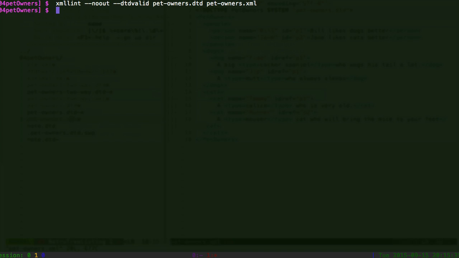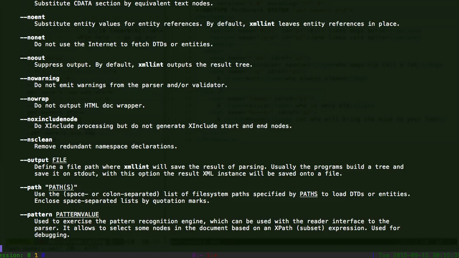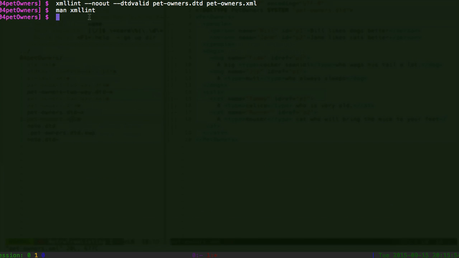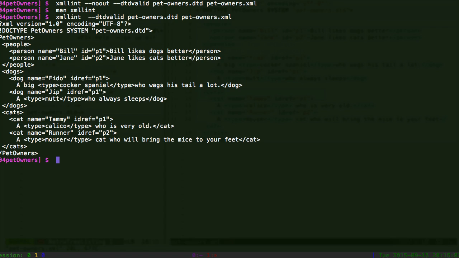You get no error. The fact that there was no output here signified that it worked. You can take a look at the xmllint man page to find out what these options mean, to get a description of each of them. But basically noout means that we don't want any output except for error messages. If I remove that, I'll get the full validated XML file. But that's not really what I want. What I want is just to know if there are any error messages. And in this case, I've also said that I want to validate it against this document type definition, the petowners.dtd